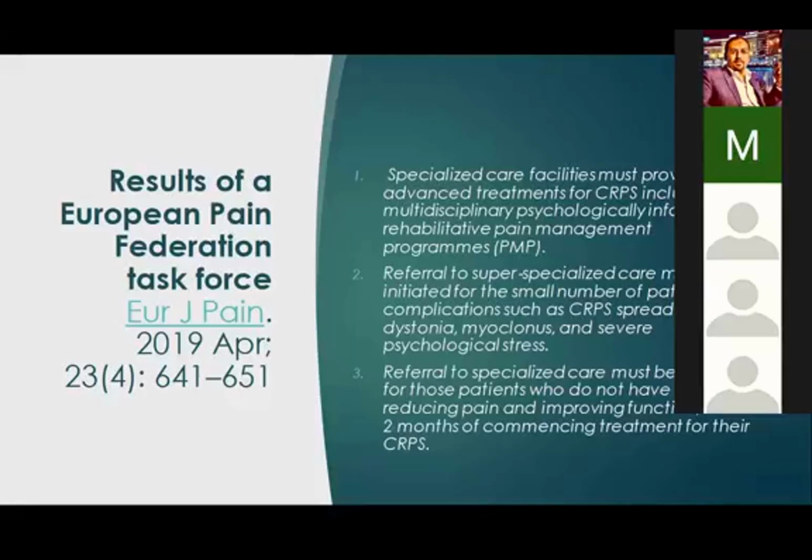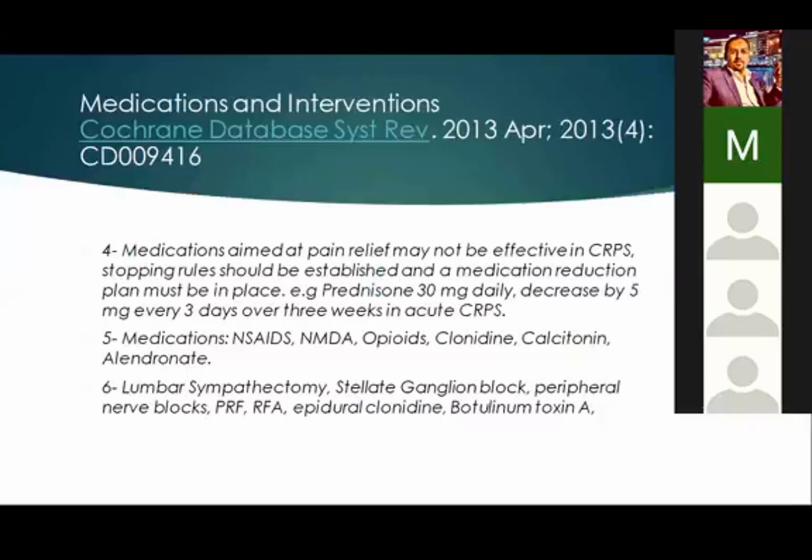Referral to specialized care must be initiated for those patients who do not have clearly reducing pain and improving function within 2 months of commencing treatment of their CRPS syndrome. This is another Cochrane database review 2013 continuation, and it talks about medications aiming at pain relief but may not be effective in CRPS. Stopping rules should be anticipated or applied, which means if we start steroids in acute CRPS